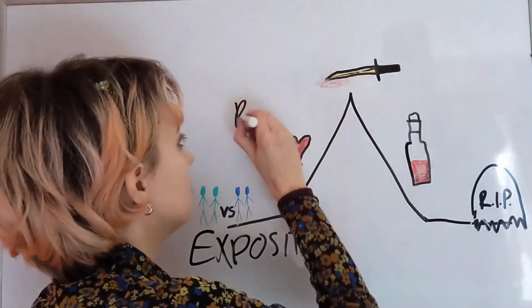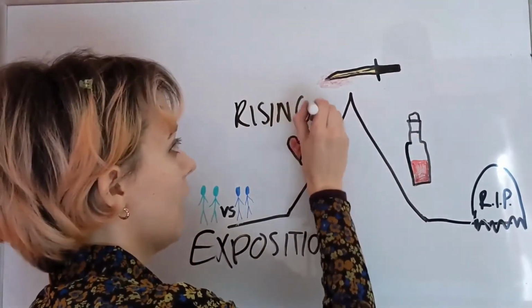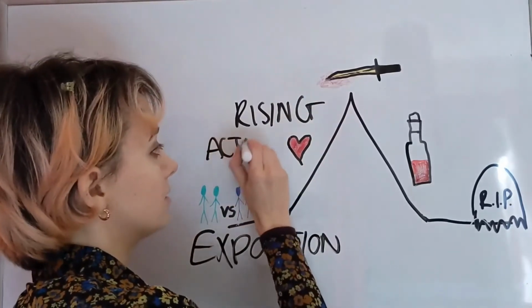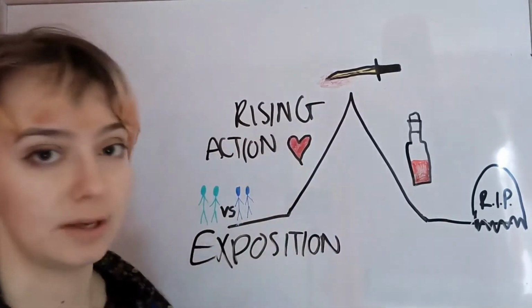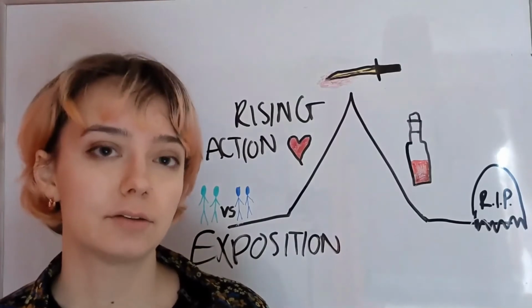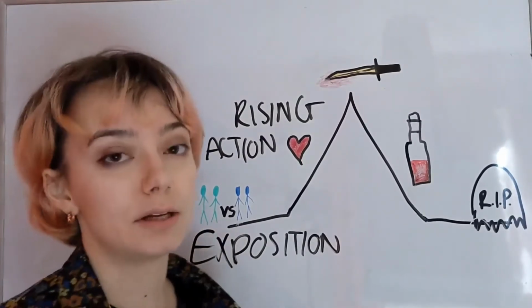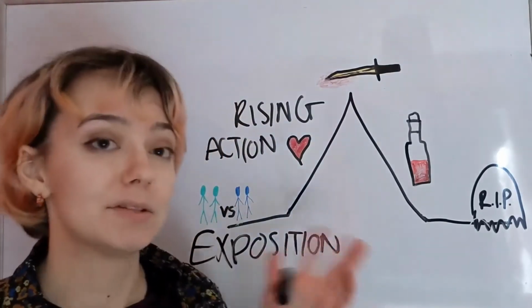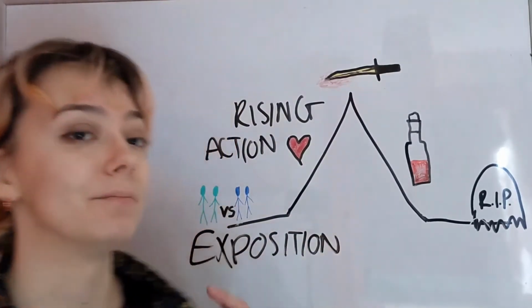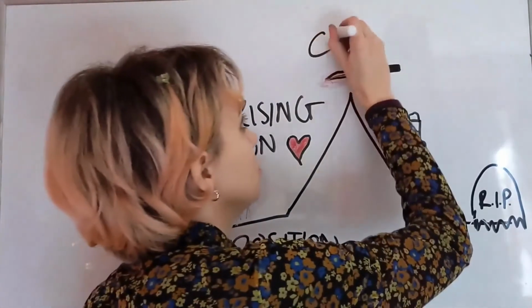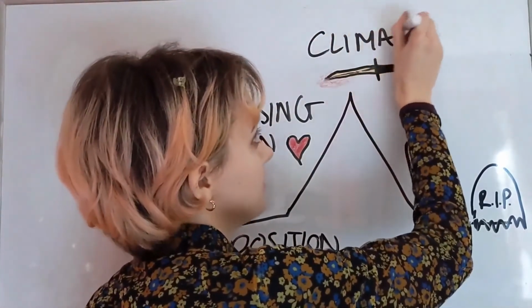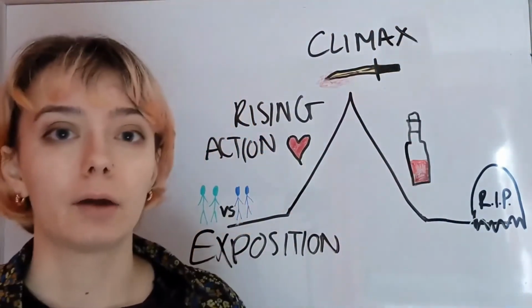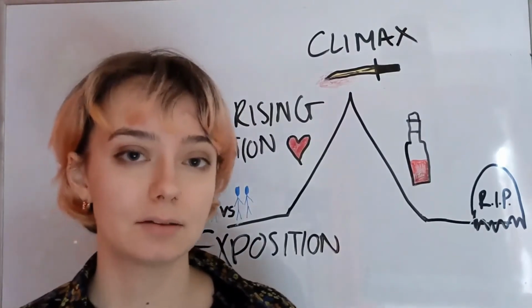Act 2, we see our rising action here, and this is where we see Romeo and Juliet confess their love for each other, and because we, the audience, have seen the prologue, we know that their love is doomed, so this builds tension, and this leads us to our climax of the play, where we see Romeo kill Tybalt and